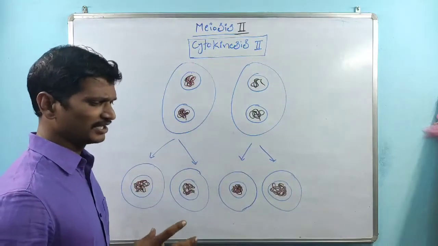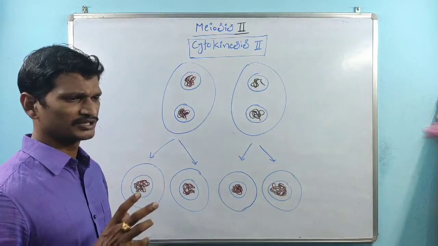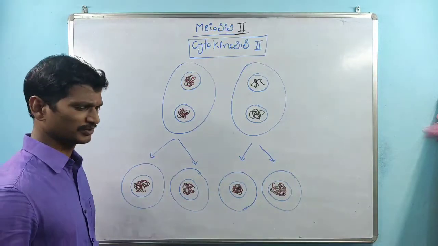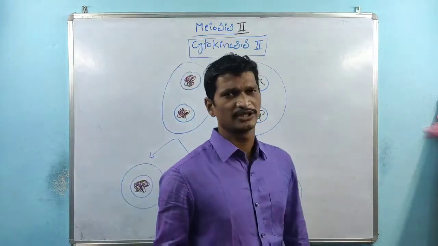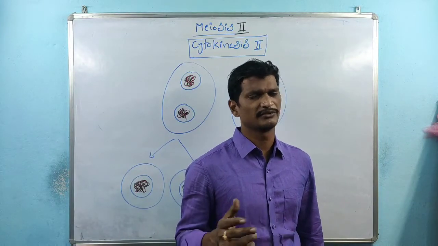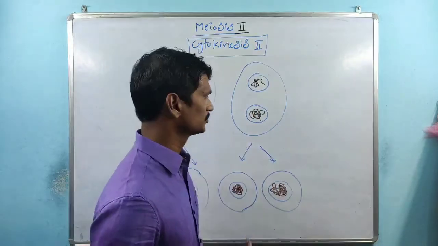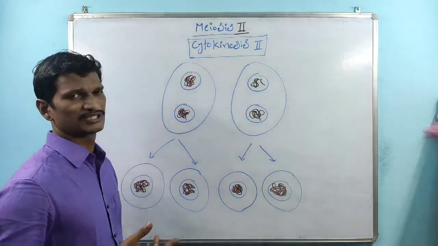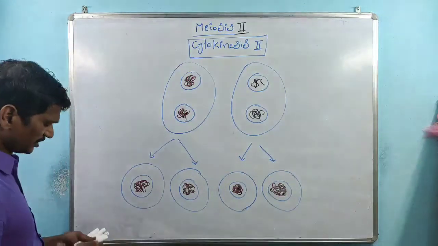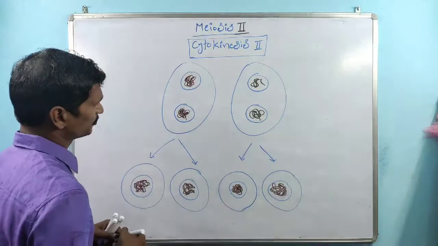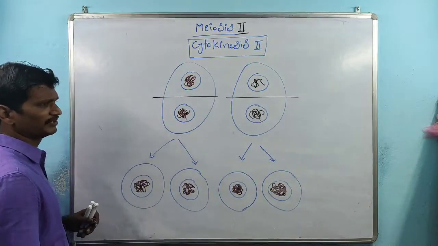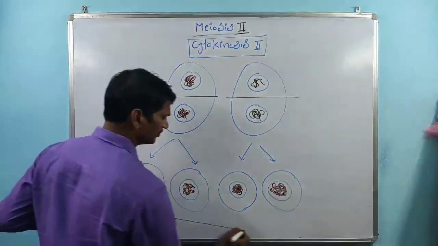So I already said animal cell cytokinesis requires less time compared with plant cell cytokinesis, because within the plant cells, there is a cell wall formation also required, but within the animal cells there is no cell wall. So less time is required for animal cell cytokinesis, more time is required for plant cell cytokinesis. So remember, this is the cytokinesis process. Division of cytoplasm takes place. So at the end of meiosis 2,